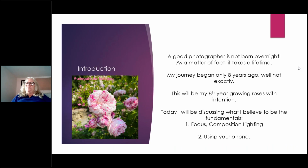So as a photographer, you know, you're not born overnight. It really truly takes a lifetime. I did start out like anybody else my age and my generation with Instamatics and cube flashbulbs. And then I got my first big black camera. It was a Pentax K1000 when I was in high school. I've never taken a course, and I've always gone by my gut and what I like to look at in a photo. In the old days, you used to have to wait until the film was developed. I never learned darkroom work, but